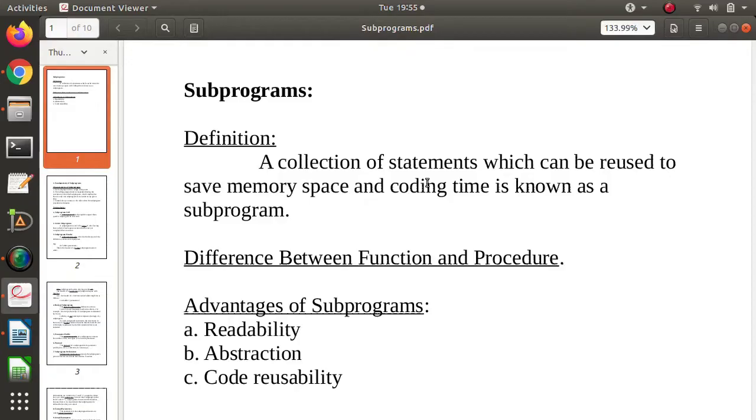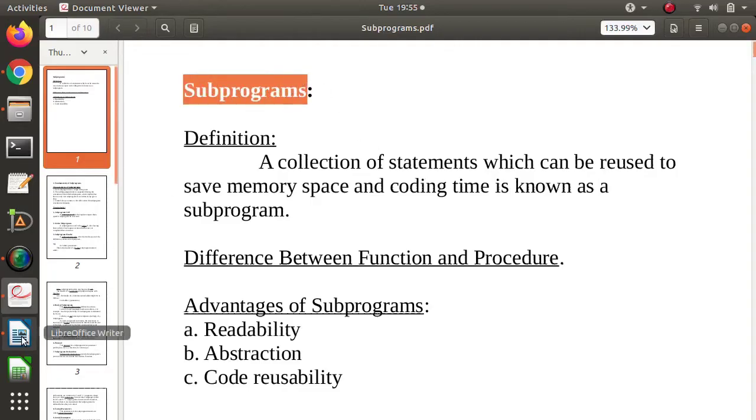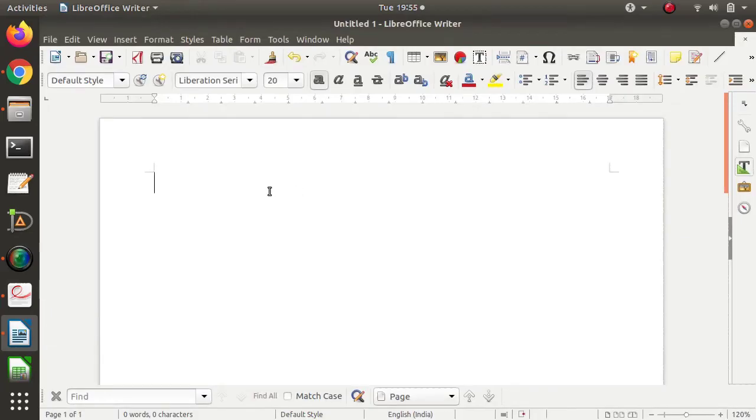In this video, we will see one important concept in programming languages, that is subprogram. Now see, a program is nothing but a collection of statements. So we write multiple statements and those multiple statements become a program. As there are multiple statements, it becomes very difficult to track the errors, or to read or understand that program. Because of that, we have a new concept that is called modular programming.